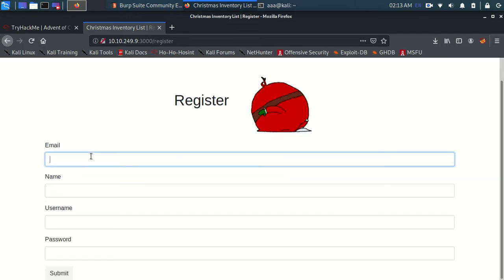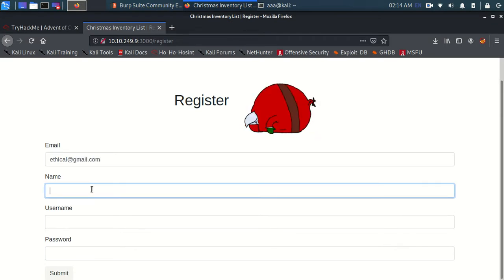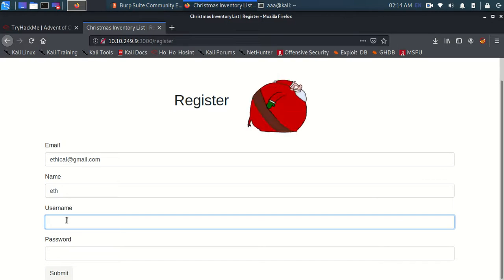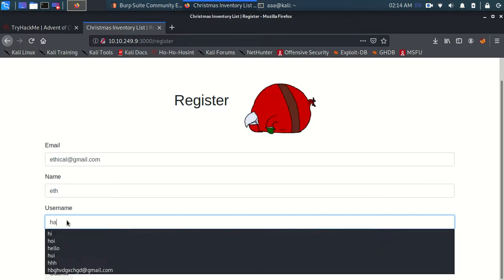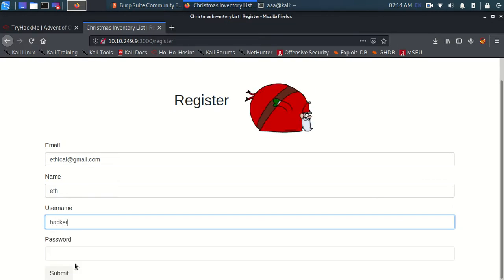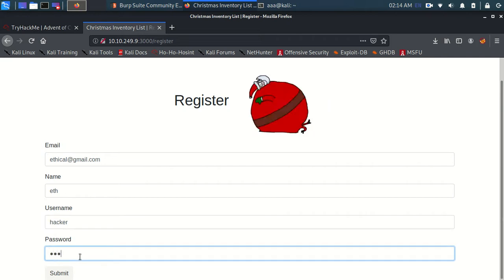Any name will do, let's keep the name as ethical@gmail.com, and the name as ETH. Let's keep the username as hacker, the password as 1234, and click on submit.